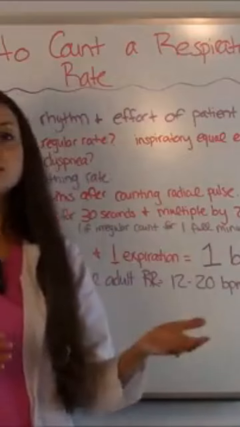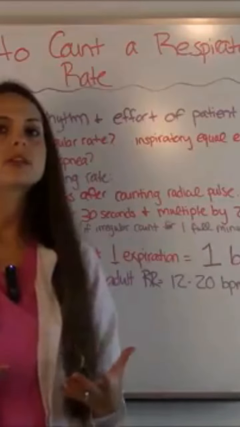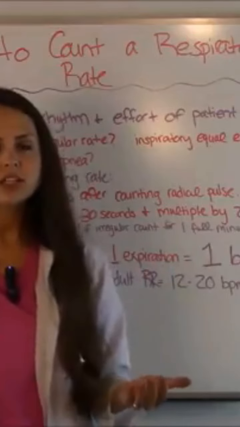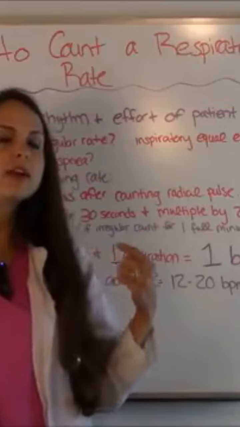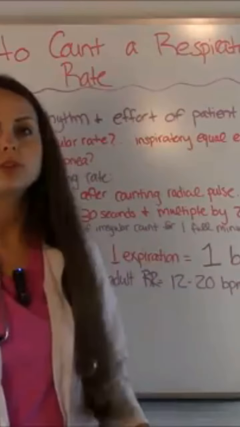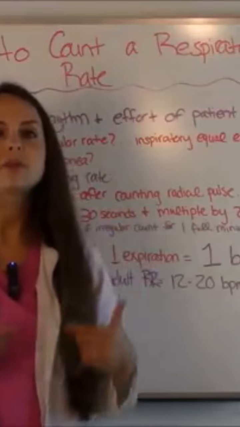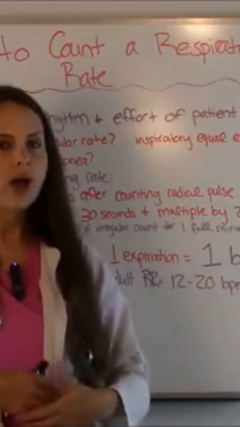The reason you want to hold the radial pulse while you're counting the patient's respirations is because if a patient knows that you're counting their respirations, they're going to throw them off. It's just like blinking. If you tell someone, I'm going to measure how much you blink, the person's going to be aware of how much they're blinking, and they're going to be conscious of it, and it's going to throw off what the normal rate would be. So after you get done